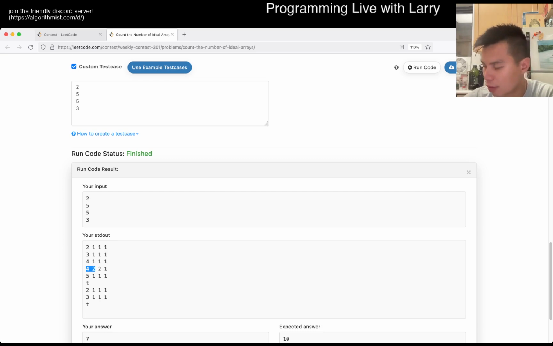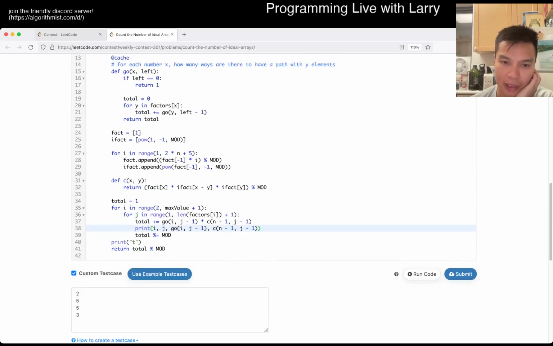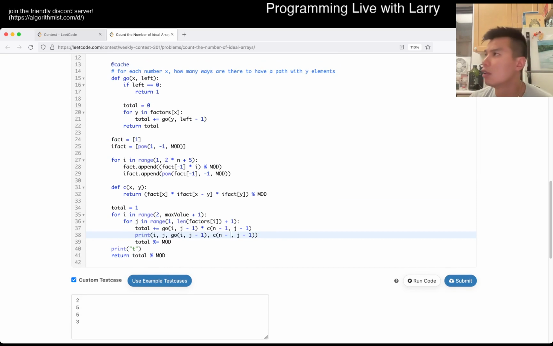Yeah, makes sense. And then 4 choose 1, which is, oh no, the 4 with 1 number is only 1, and it's 2 choose 1. No, it's 2 choose 0. 2 choose, wait, no, okay, so if there's 2 distinct numbers, then, oh, I see, I'm not just minusing the beginning. Okay, I see. So i is going to be equal to j, I think, because for each of these you can think about it as, yeah, okay,